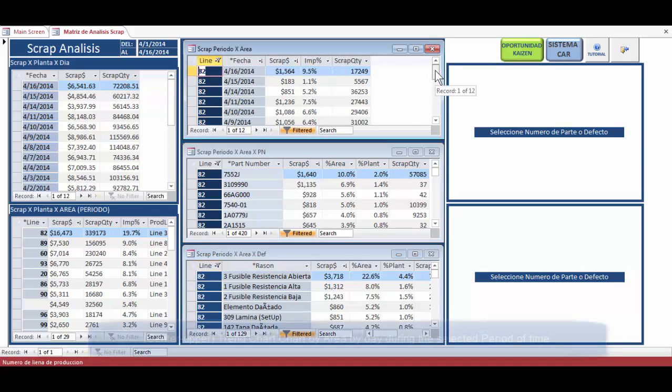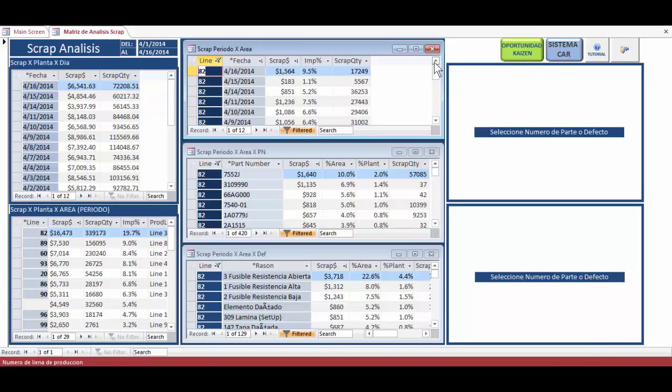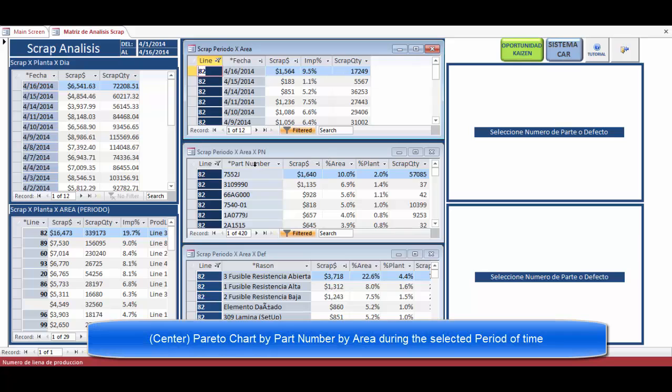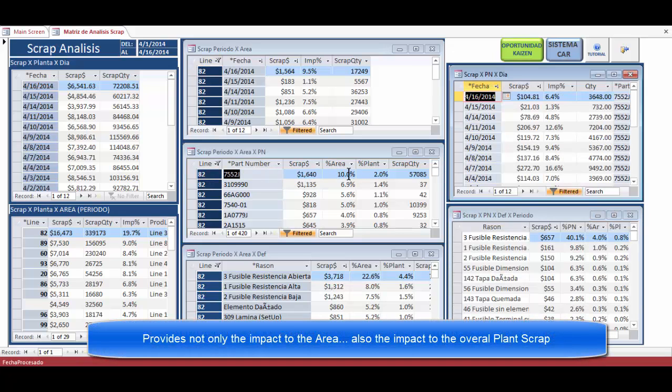the trend of the area 82, to understand how it was behaving by day. In the center, we now know this area 82 by bar number. From here, this Pareto chart is telling us that the impact of this particular bar number is 10% of the area and 2.0% of the total plant